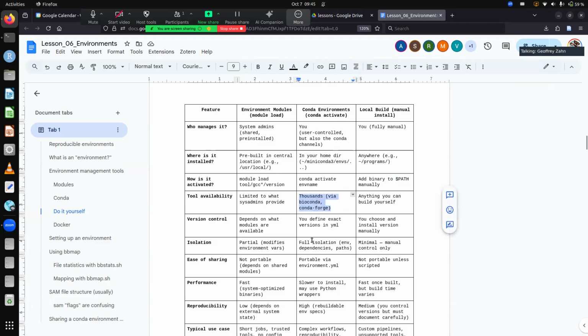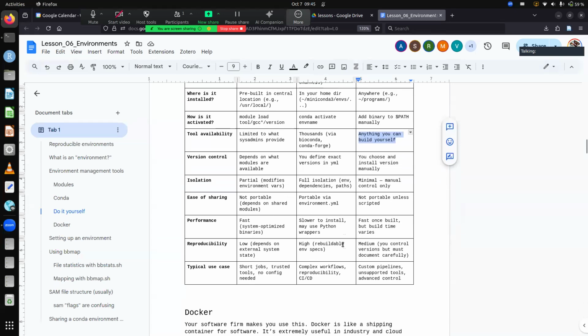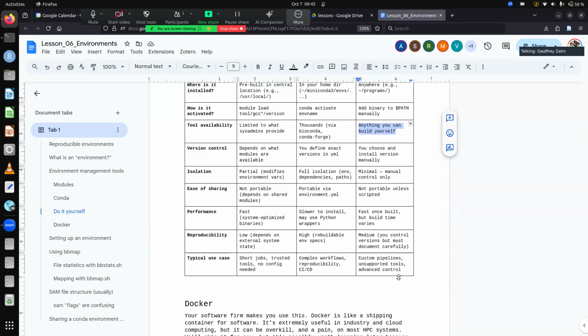In conda, you've got access to thousands of packages. Depending on what it is you're doing yourself, you can find a GitHub repository that has that software. Any other questions, maybe about